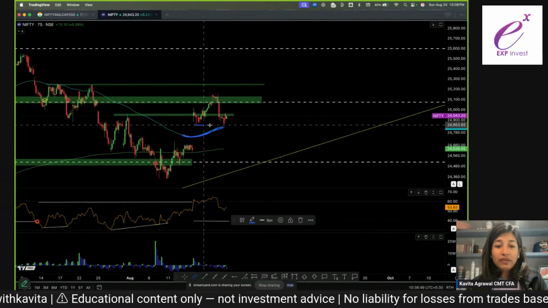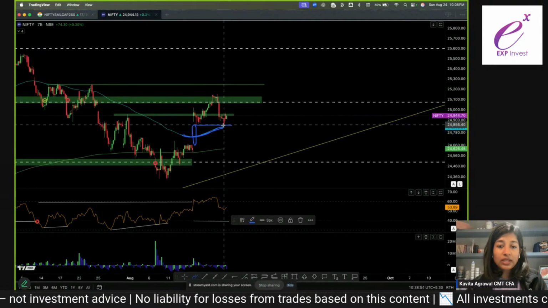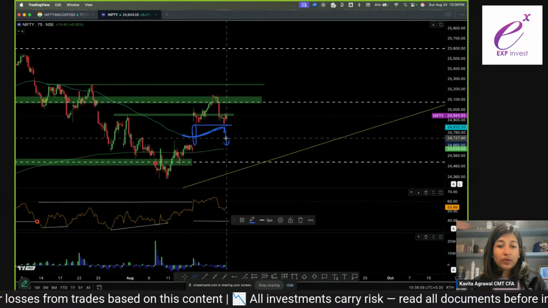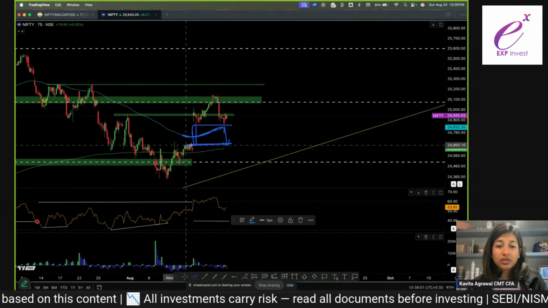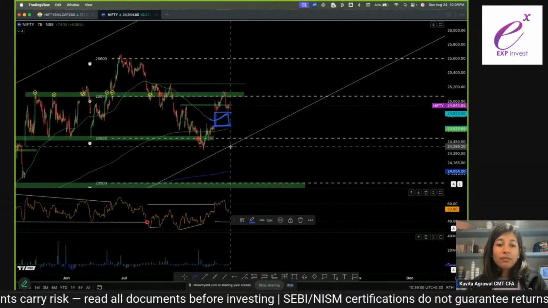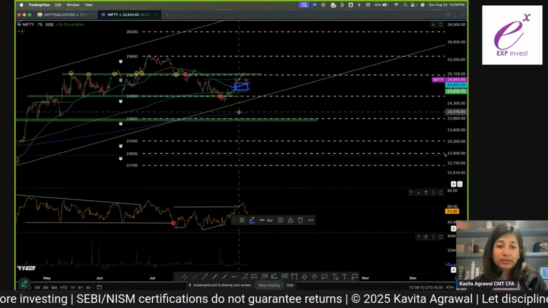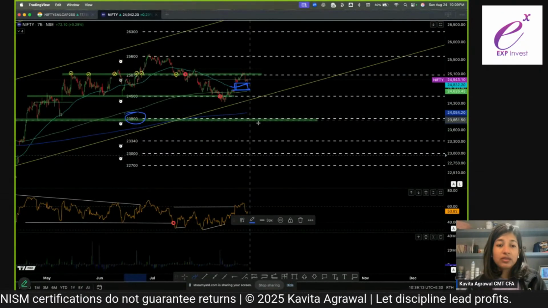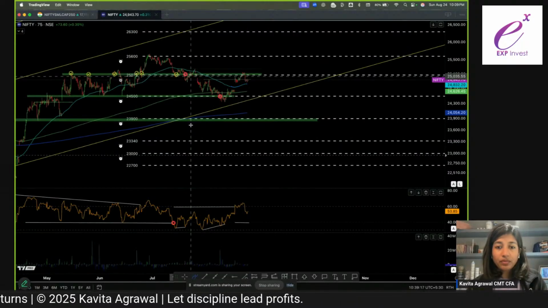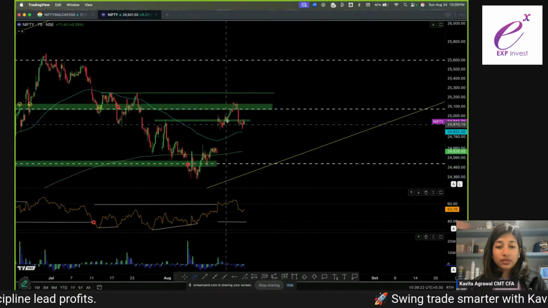Now, I believe that if this gap over here starts to get filled up, then we can expect the 20 EMA also to get breached and correction to continue. So this is a temporary support around 24,667. But like I said, if this gap starts to get filled up, then I would expect 23,900's approach to become more realistic. Right now, this rally that has started is not giving me a lot of conviction.